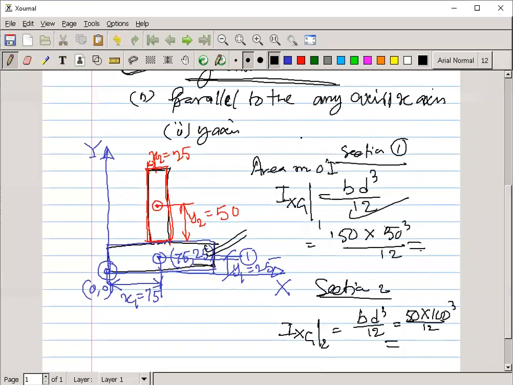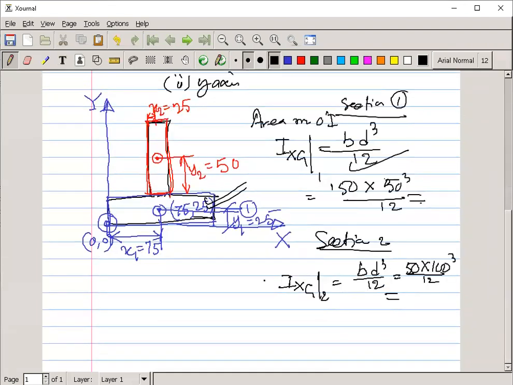Okay, now the second part, what is written? Find the second moment of inertia with respect to an axis which is parallel to x-axis and parallel to y-axis. For such a case, what do we have to use? We have to simply use the perpendicular axis theorem and parallel axis theorem. In the parallel axis theorem, the formula is I of X is I of small x plus A h square. And for y, simply put y instead of x.